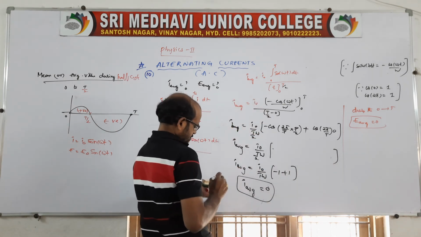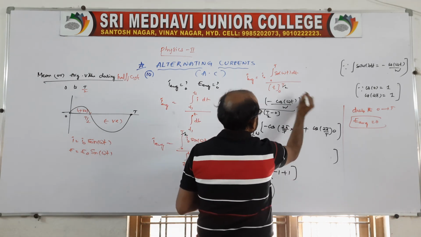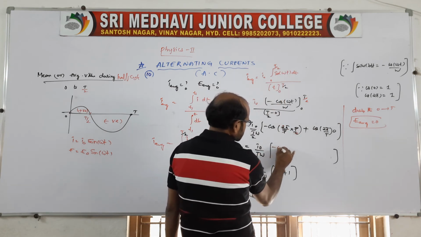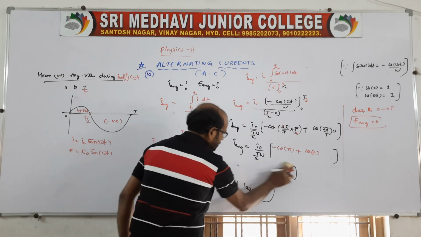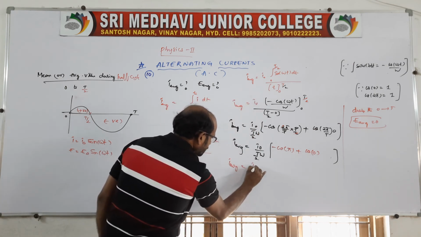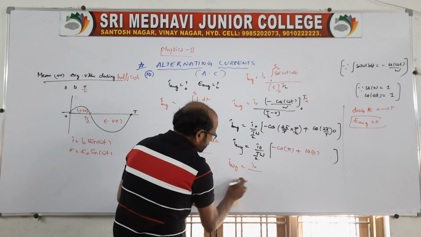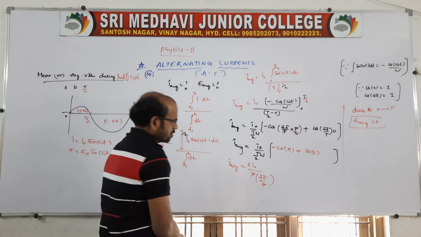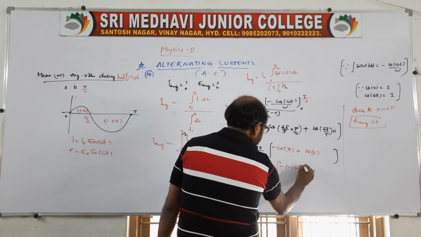See, look here, it is minus, T by 2, right? Yes, T by 2 here you take. So 2 and T cancel, 2 also cancels, minus cos pi plus cos 0, right? So from here you change, that's all. So I average is equal to I naught by T by 2, and T by 2 into T by 2, this 2 will come up because the denominator is there. T into 2 pi is nothing but capital omega, right? So minus 1 plus 1, that is minus of minus 1 plus 1.